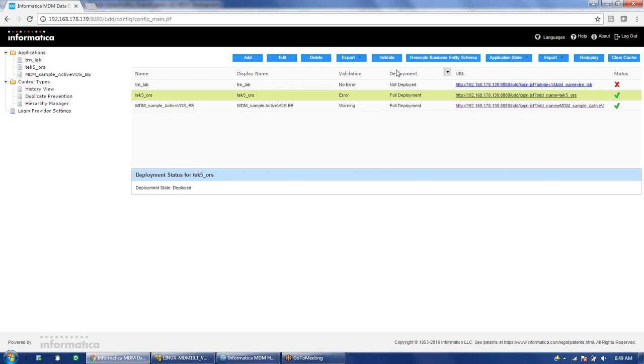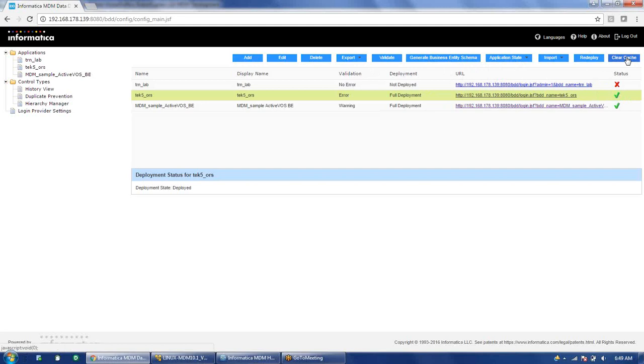So now we have seen these two options, like validate and check what the errors are, and then application state, where you can see full deployment is disabled now. We have limited deployment and not deployed, which are options available now. So from next time, I have made some changes here and I have deployed the application. Next time, if you go and make some changes, like you add a new subject area group or subject area, or you make any changes to this application, so next time we can just use this redeploy option. So these two options are there, clear cache and redeploy.